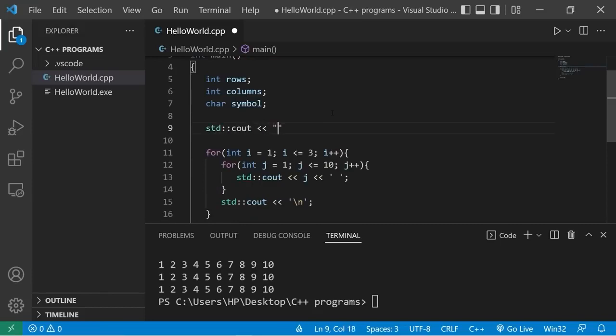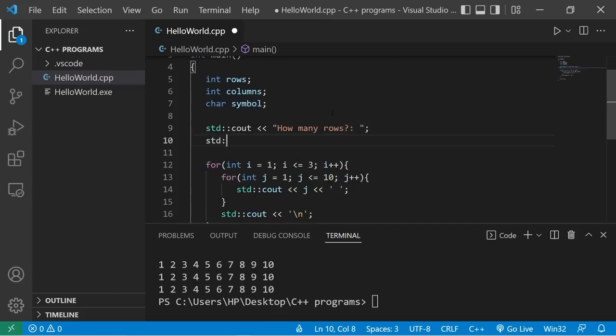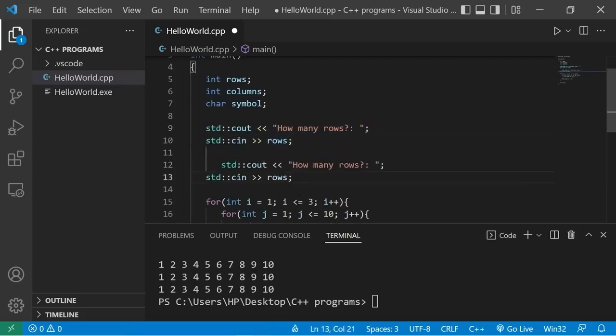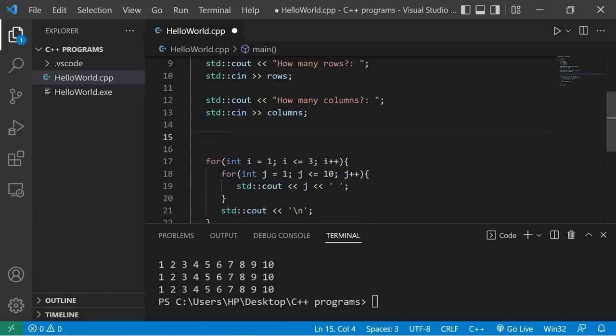Standard output, how many rows? Standard input, rows. Let's copy this, paste it, change rows to columns, then